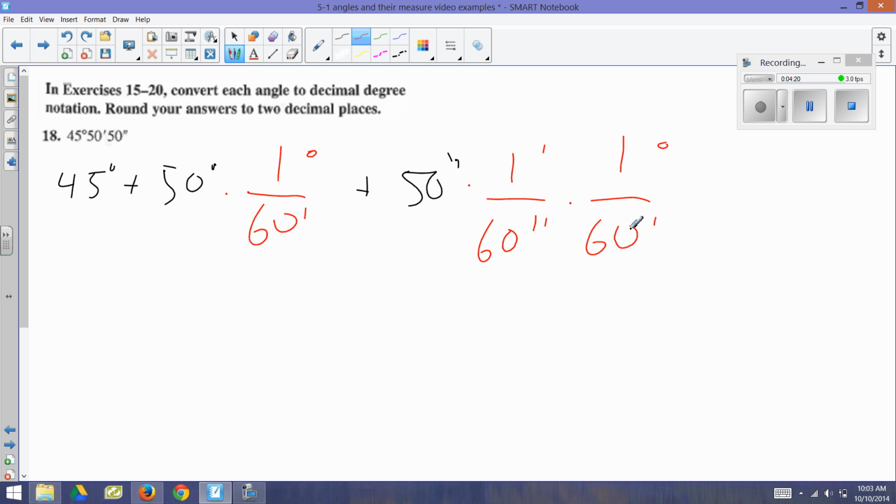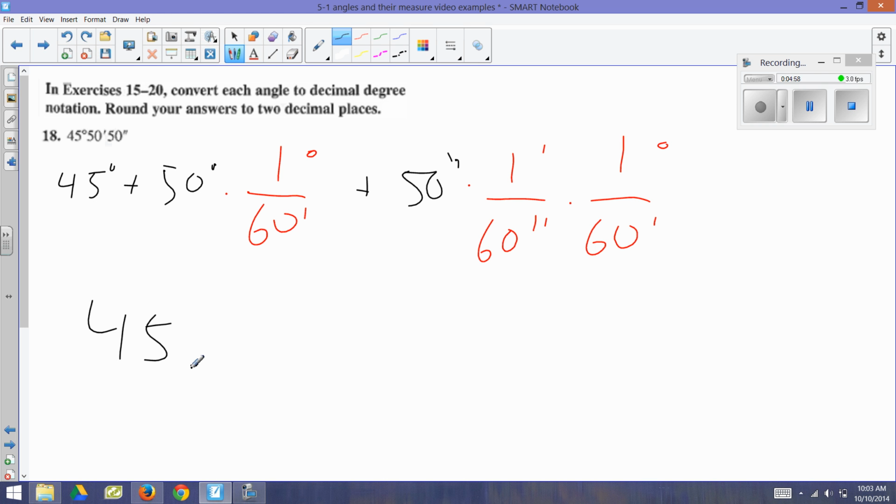So when you put it in your calculator, you'll have 45 point. So put 50 60ths in your calculator. And put 50 divided by 60 times 60 in your calculator. And add those two together. So the first one gives you about 0.833 repeating. The second one gives you 0.013888 repeating. So what you want to do is add those together